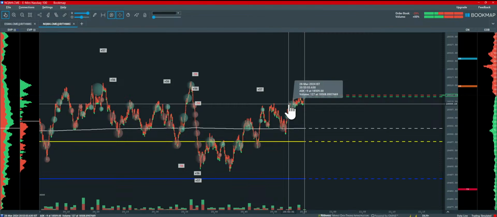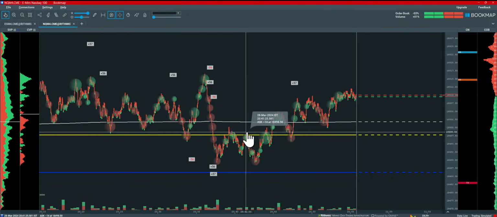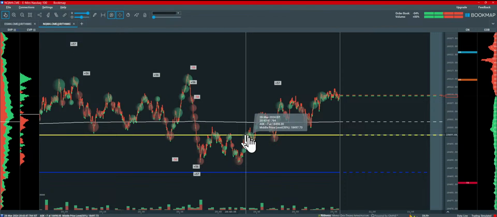Now, the contrary of absorption is aggression. So what if, let's say, when there is a buy order, the market takes a support over there and moves up, then that becomes aggression. For example, let's assume that there was a buy order here, these three big buy orders at this position. Now the market does go down after this. It goes down after the second time also, but the third time when this big order comes in, it tries to go down and rather the sellers are absorbed. So this is a level where I have seen aggression and not absorption.